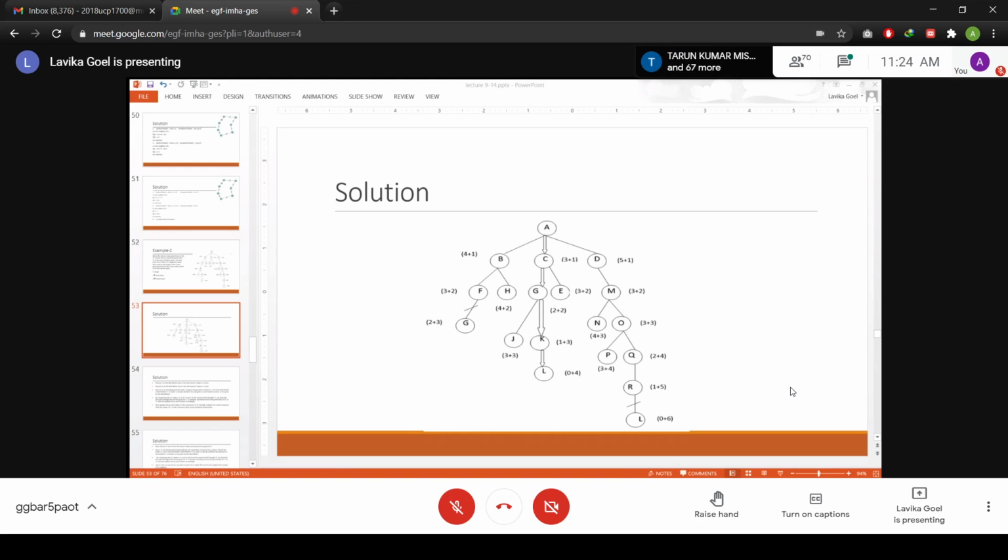Right? So you will choose the new path, and you have to reset the R. But now L should point to K. Fine. So now you update the L value as 0 plus 4, and L is not having any children.